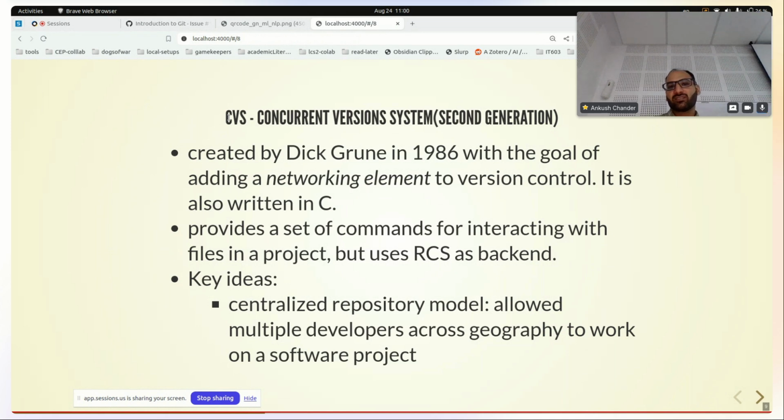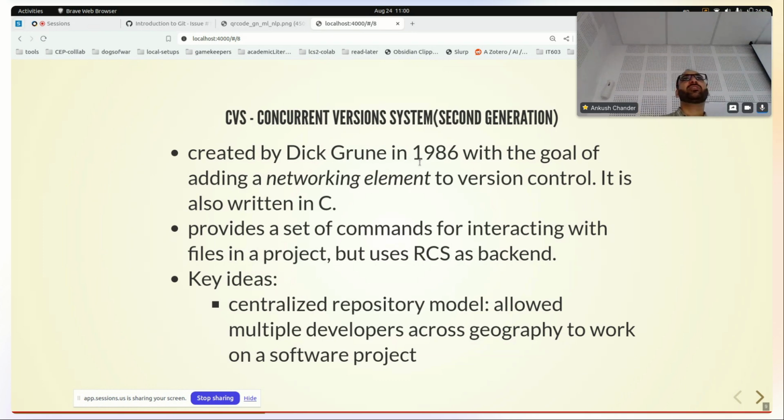वो हमारे लिए काफ़ी नहीं था। दो चीज़ें मिसिंग थी। एक तो ये कि collaboration was restricted to one particular machine, right? Which is not always the case. Everyone wants to work on their own machine, have their own setting and all that, right? So एक geographical boundary था जो हमें पार करना था, तो वो सेकेंड जनरेशन ने हमारे लिए किया, राइट। सो इट वाज क्रिएटेड बाय डिक ग्रून in